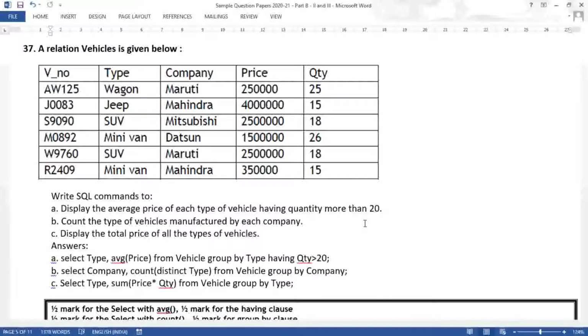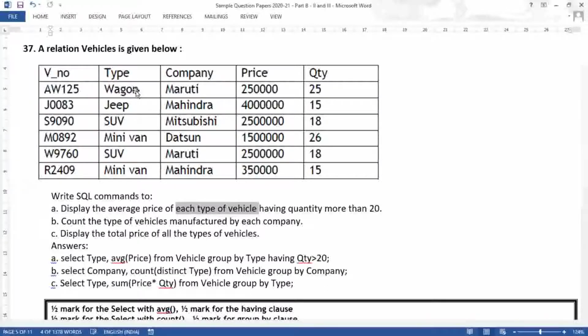So two things are there. First they want to display the average, and the word each is used. Whenever they write something like this, each type of vehicle, for type of vehicle the type column is there. So here indirectly they are telling group wise result. So if you want to display group wise result, you have to use the group by clause. So it is very simple.